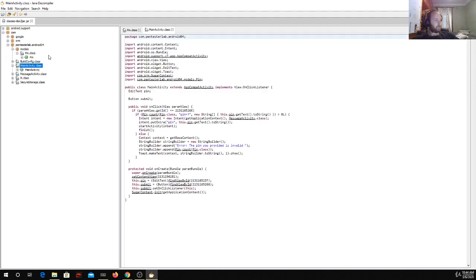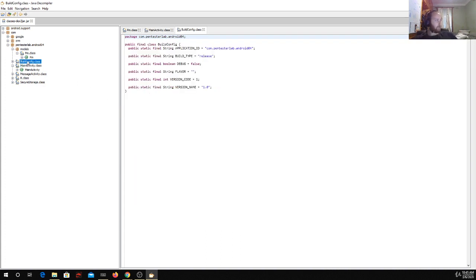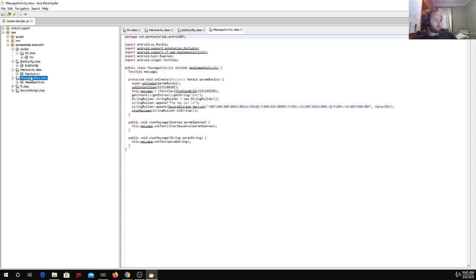Main activity might be an interesting one. No, we're not after main activity, but we are after, I think, build config, no, message activity. Okay, so message activity has something interesting. This is what I was saying before. Secure storage decrypt, and it's decrypting this XOR